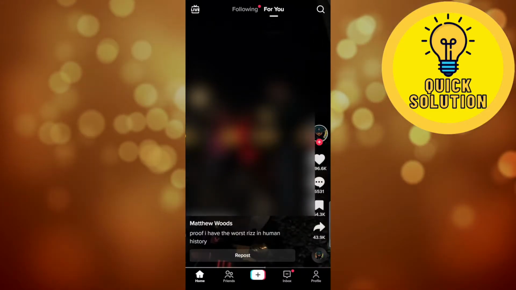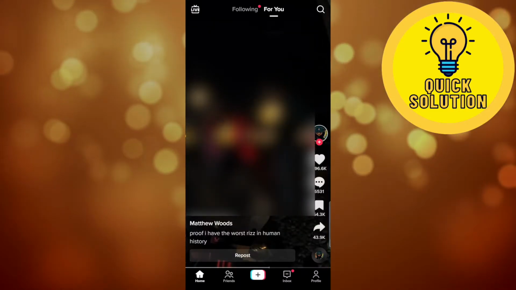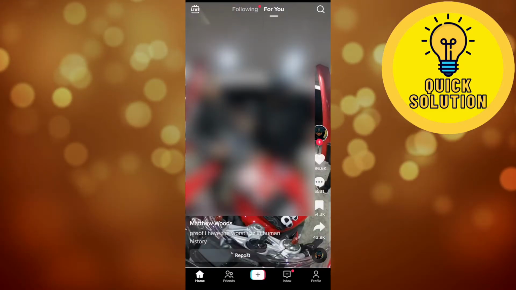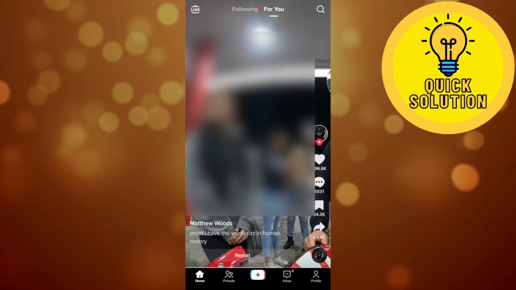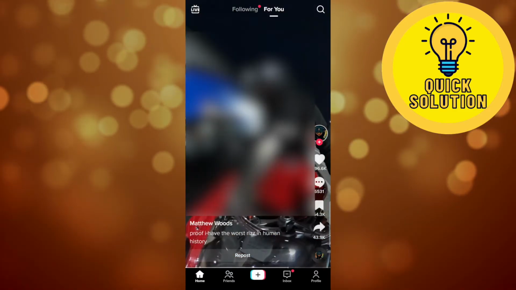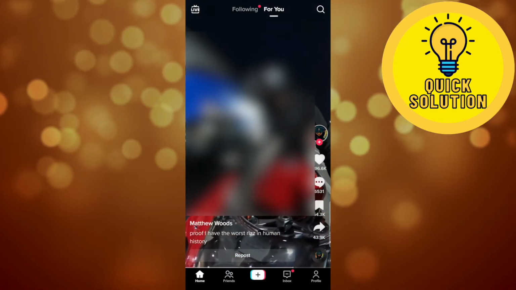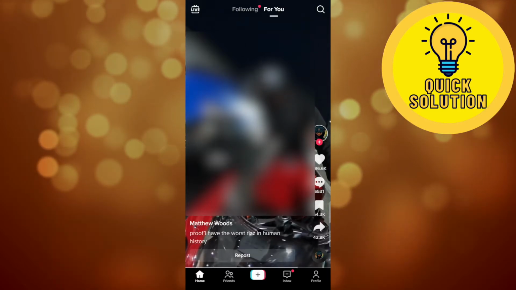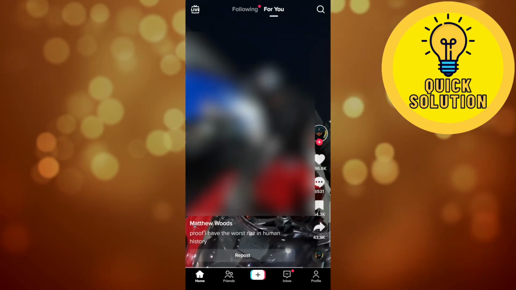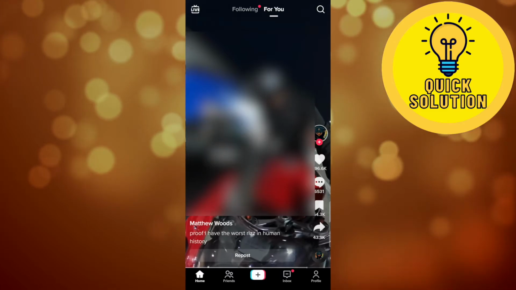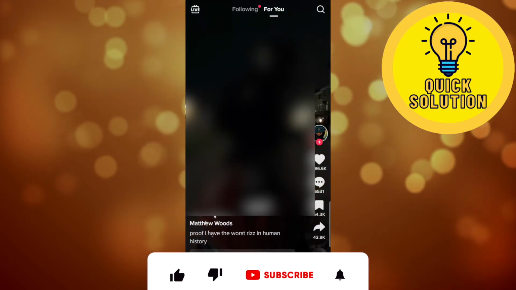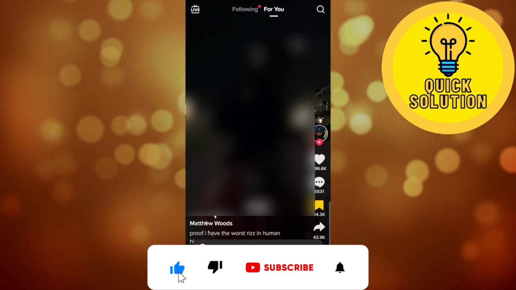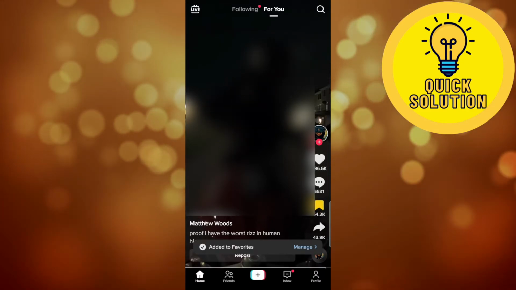So basically TikTok doesn't provide you a history of your reposts, but there is one trick that you can do to find out what videos you reposted. So let's say I want to repost this video. As I have shown you earlier, you can press the share button right here and repost. So what you can do is just hit that bookmark option right here, and as you can see it says